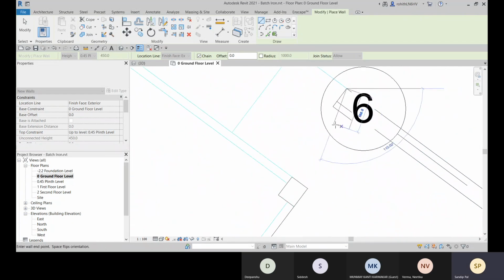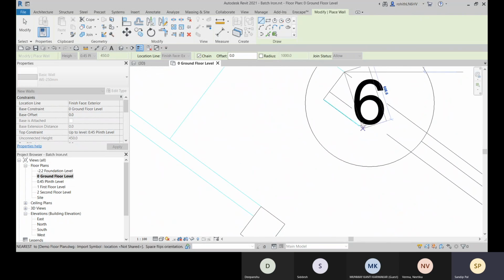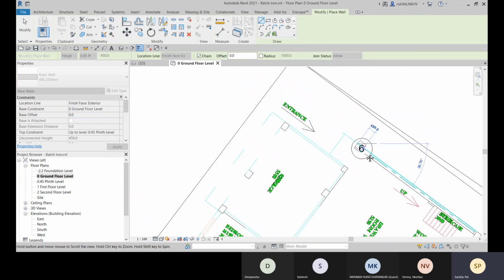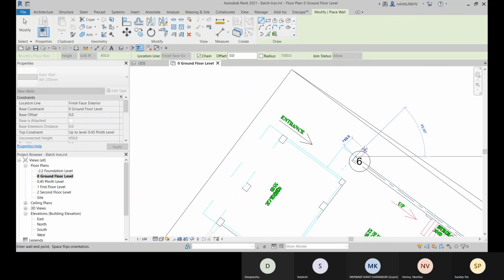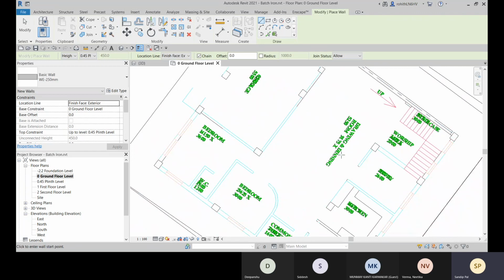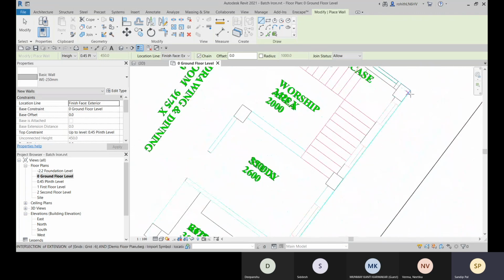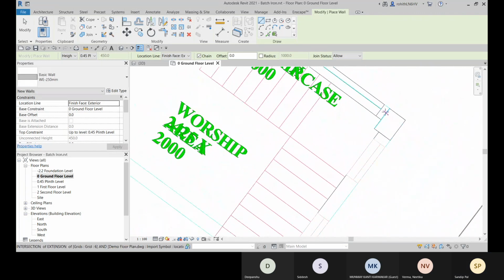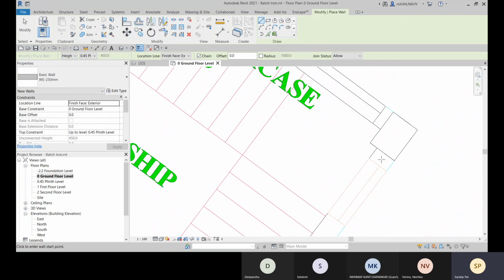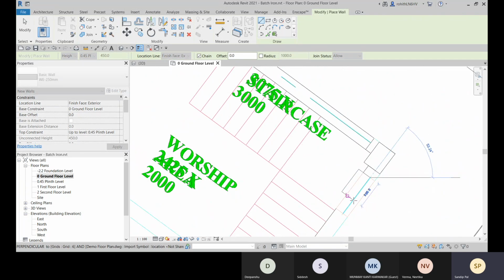Here it is placed, and here I think a column is placed, right? Now just press escape once and then continue it from here. We'll stretch it here. Okay, so now let's continue it from here.